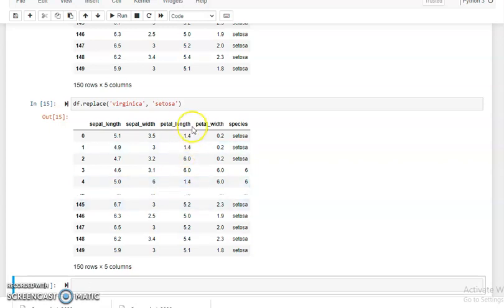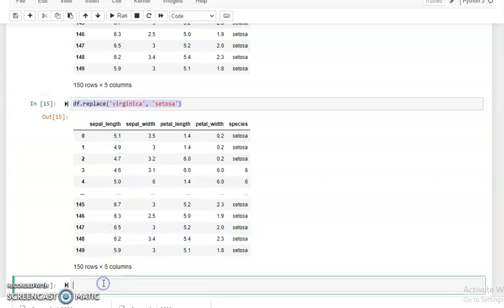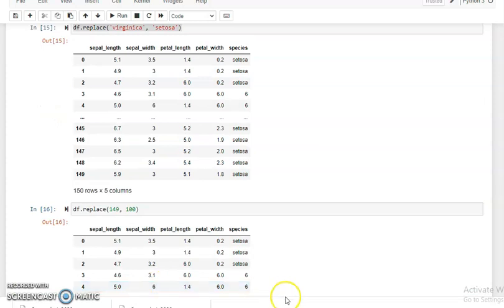For this, we simply write the data frame, or copy this and paste here, and assign, suppose, 149 is replaced by 100 or any other value. Then we simply run this program.